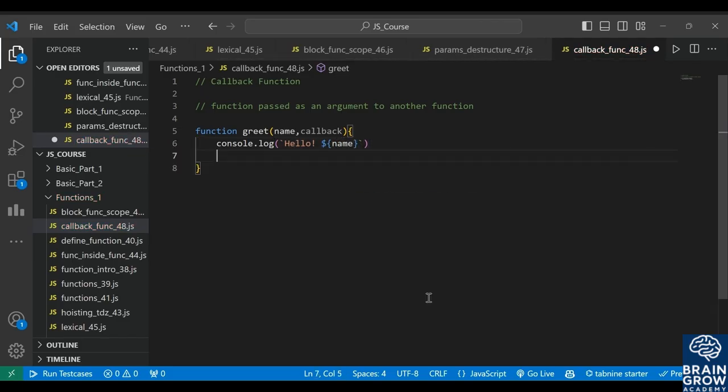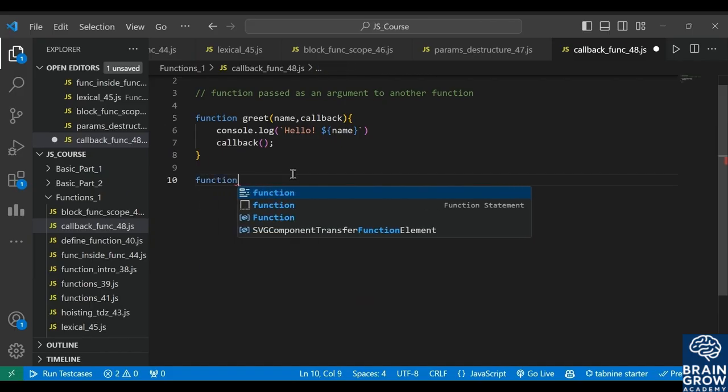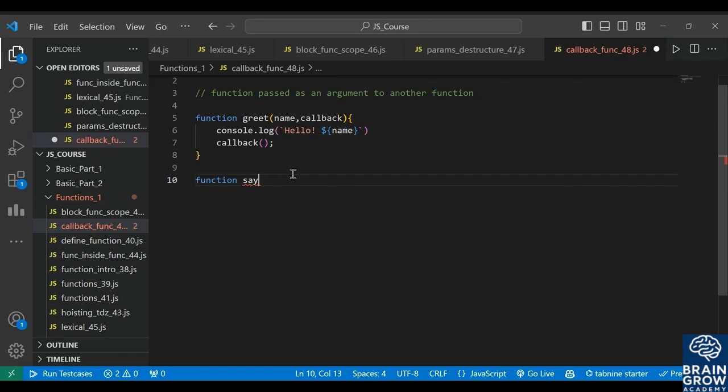After that, call the callback function. So what is a callback function? We will discuss here. Create another function, say goodbye,